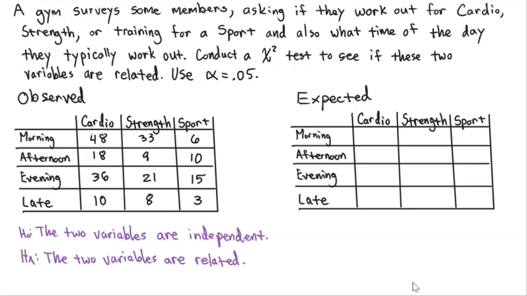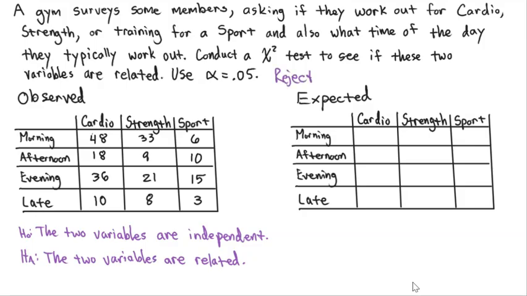All right, so here's our step 1. State the null and alternative hypotheses. Null hypothesis: the two variables are independent, not related to each other. Alternative hypothesis: the two variables are related to each other. Then step 2, we're going to identify the alpha, which is 0.05, and that means that we're going to